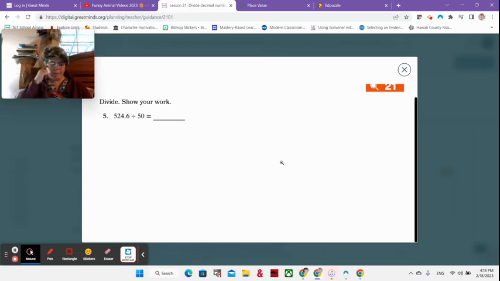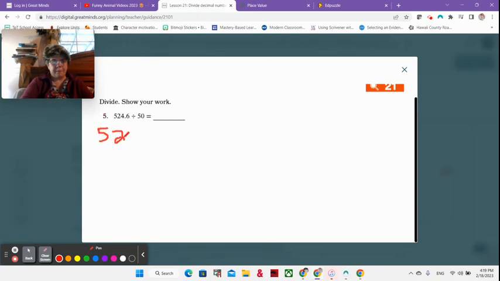Now that 50 maybe can ring some bells in your head because we have been looking at breaking up our powers of 10, right? Could 50 be the same as 5 and 10 so that we can still divide by a one-digit number, right? So let's think about that. Let's think about this being